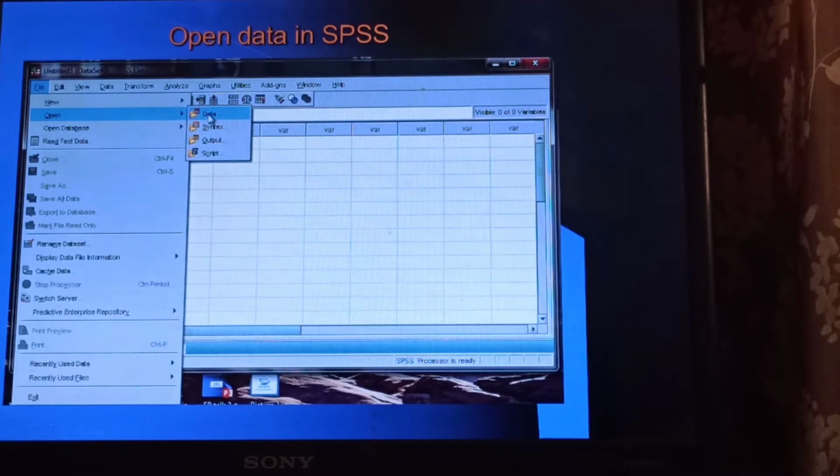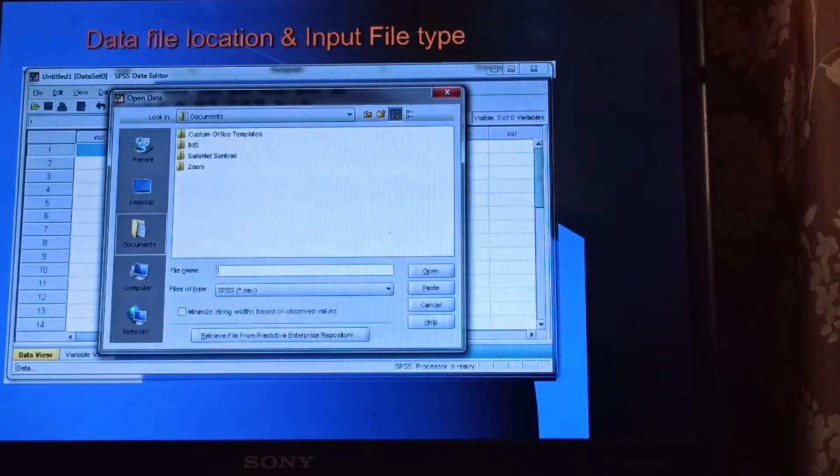I press that, and then we get this open data window drop down. It is showing you the place where your files are stored. So you have to input the file name and file type.